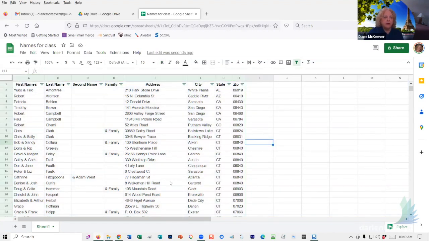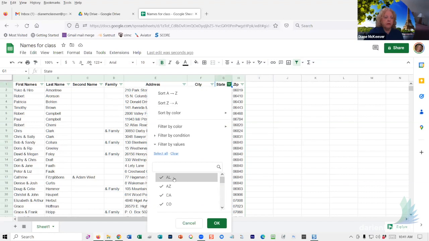But that's a good thing, because now I can see all of the addresses, but the zip and the state are a little bit narrower. You'll notice that I probably have a filter on here. Remember how you would know if I had a filter? These little pull down arrows at the top of each column. And that would allow me, if I said that I only wanted Connecticut, I'm only sending to Connecticut people, or perhaps I want everybody except Connecticut, however you'd like it. I'm going to clear all of the check marks, and I'm going to put a check mark now for Connecticut. And when I click on OK,